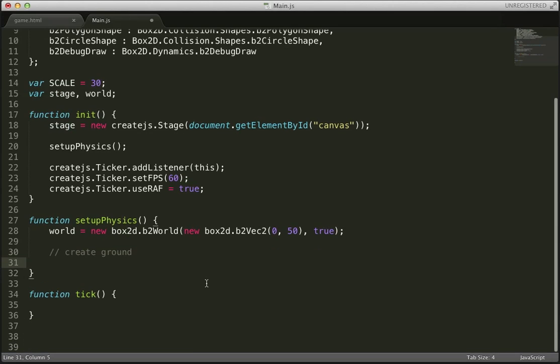To do that, essentially, we need to create two objects. One is a fixture definition and another is a body definition. If you've used Box2D before, you know all about this. But essentially, the fixture definition is an object which allows you to set properties like density, friction, and restitution for your objects. So I'm going to create a variable called fixDef is equal to new